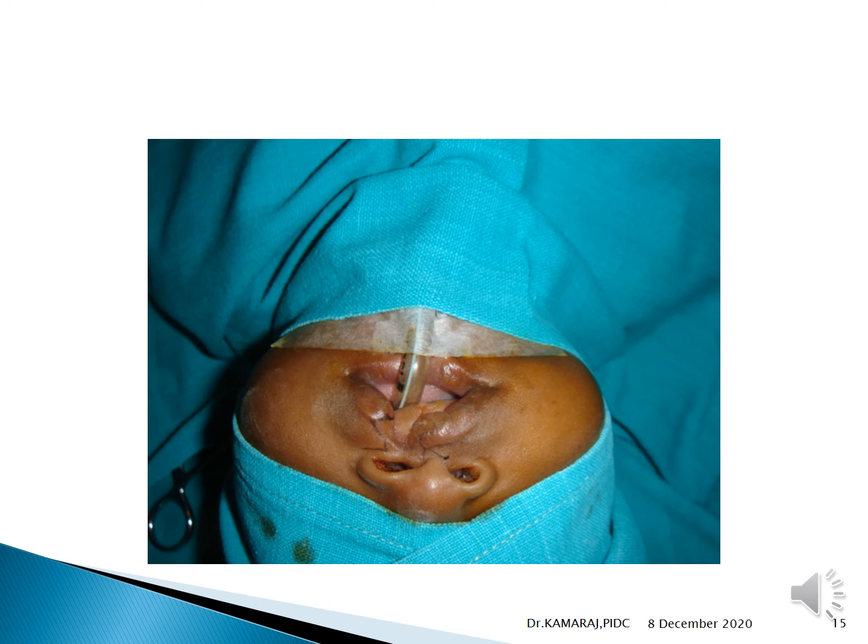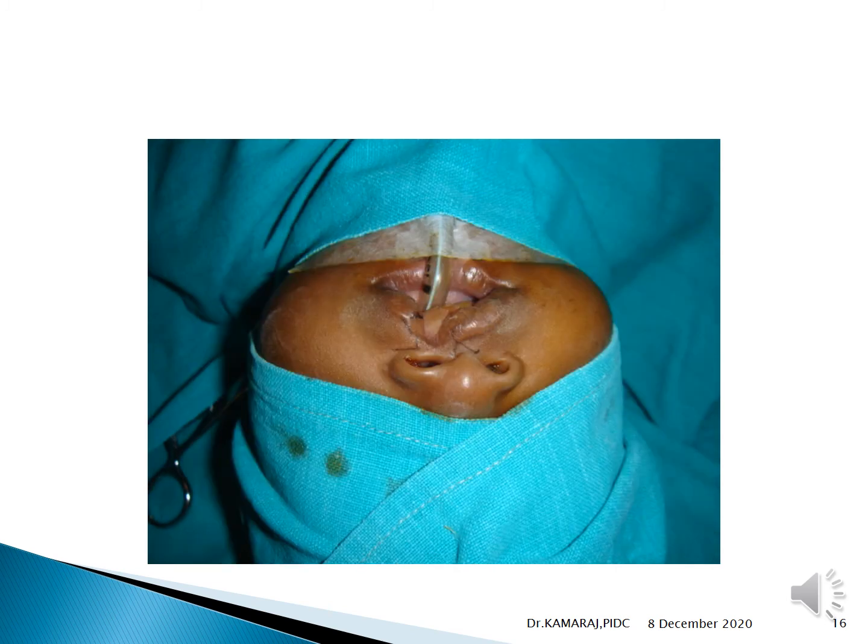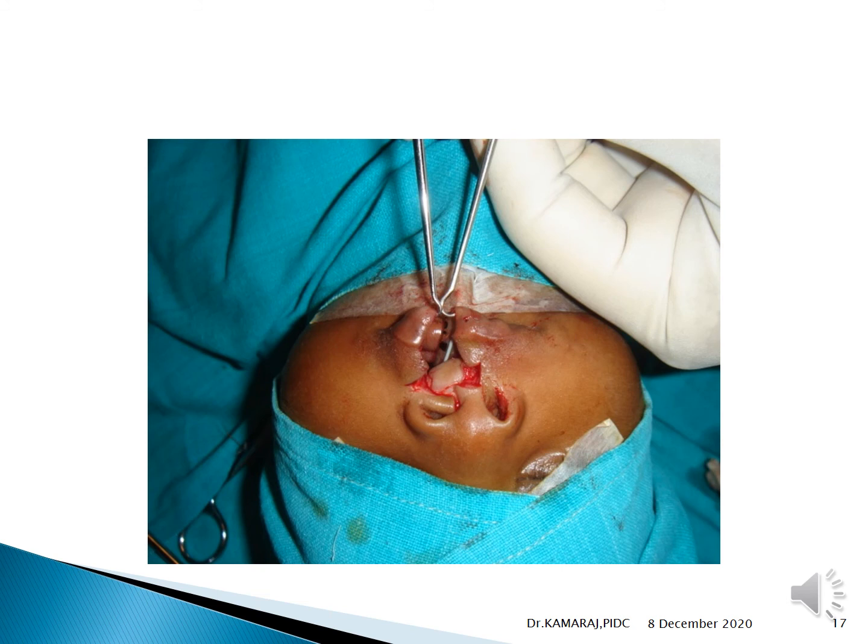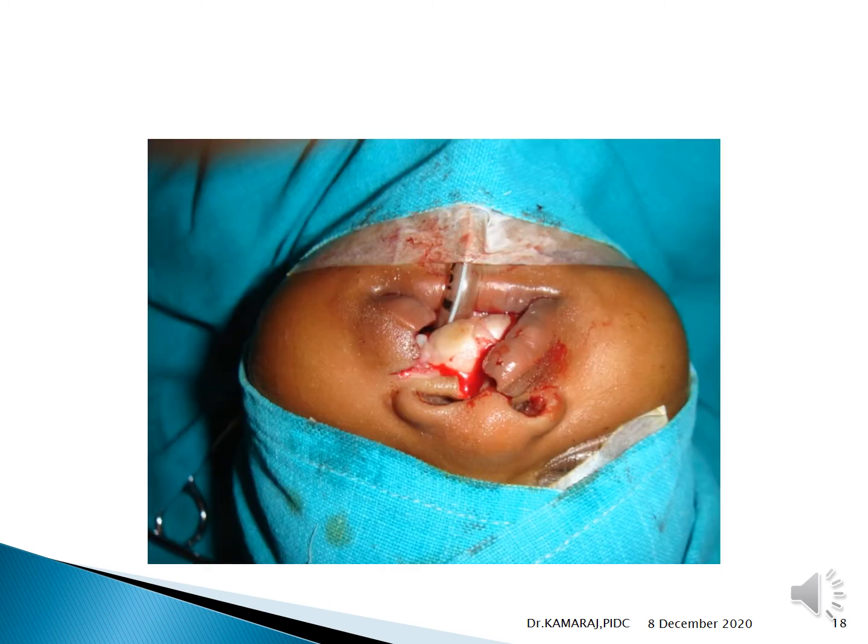So I hope last class was about a cleft lip. So this is how the marking has been made. So with the marking, incision has been placed. The tissues are excised. So in cleft surgery, the tissue is not deficit, it is always in excess.